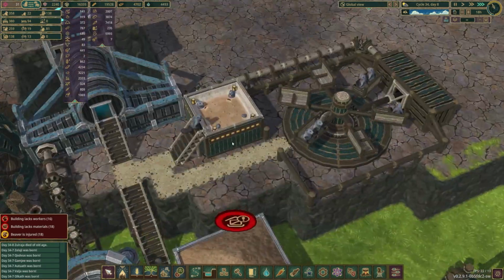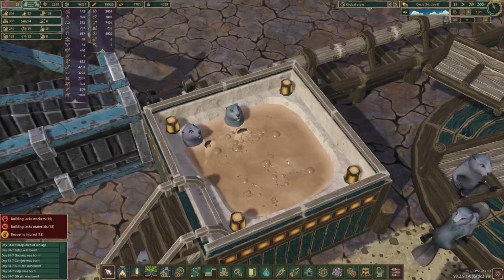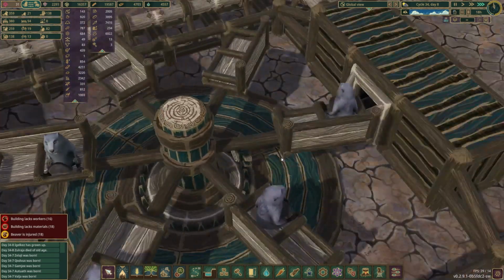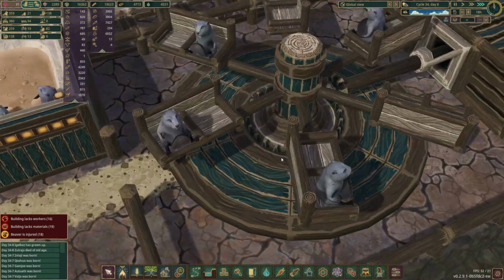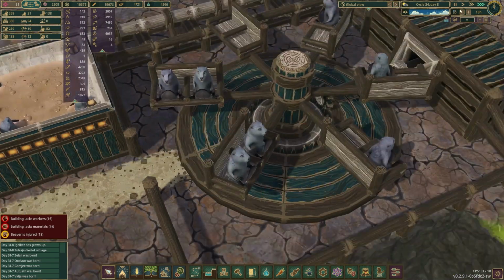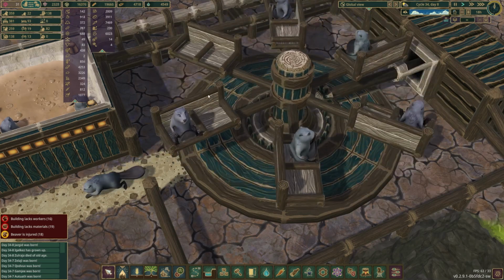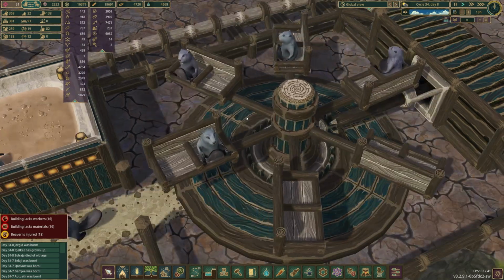These guys lounging around in the mud bath. Yeah, there you go. They're going fast. Oh, they're double seaters. Okay. That's cool. I didn't know they could,